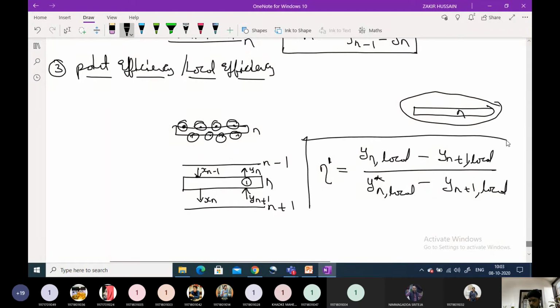E prime is equal to yn local by yn local star minus yn plus 1 local. So what is this yn local? What is this yn plus 1 local? Yn local star, yn plus 1 local. So what are these compositions? So we can say here, if you see, what is yn plus 1? Yn plus 1 is equal to mole fraction of vapors,